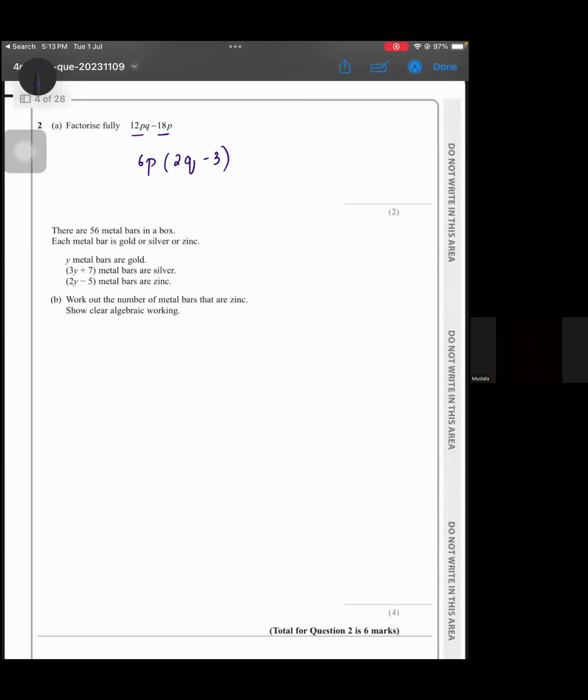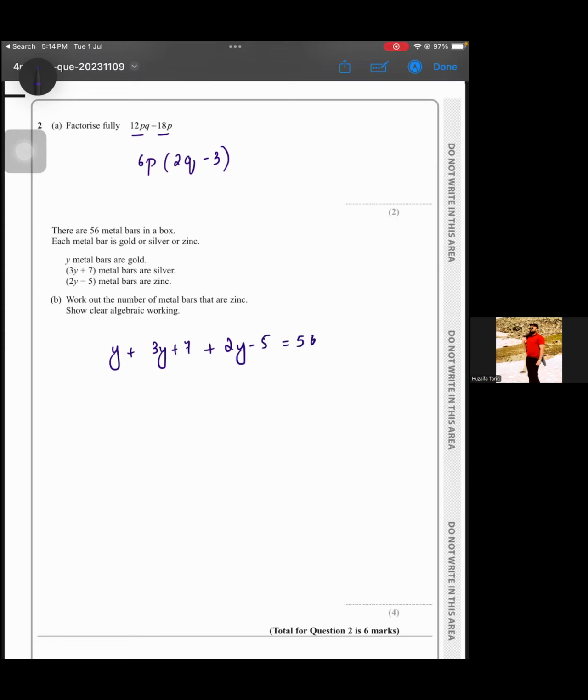Now if we talk about part B, they ask that there are 56 metal bars in a box, right? Each metal bar is gold or silver or zinc. Y metal bars are gold, 3Y plus 7 metal bars are silver, and 2Y minus 5 metal bars are zinc. Work out the number of metal bars that are zinc. So first of all, we know that the total quantity equals 56. So if we add all of them, it will be Y plus 3Y plus 7 plus 2Y minus 5 equals